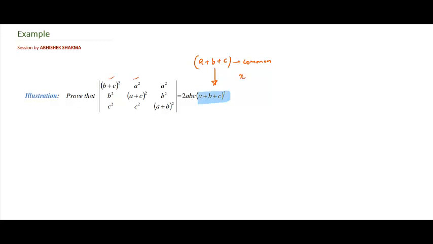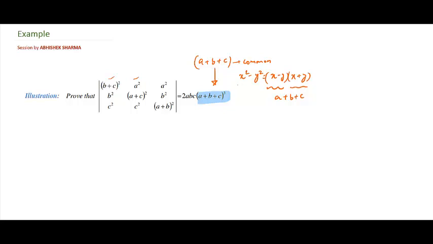Maybe I'll use the identity x square minus y square is equal to (x minus y) times (x plus y), and one of these two factors should give me a+b+c. So then I can take (a+b+c) common. So this gives us the motivation that the difference of squares will give me some factorization, and maybe from there I can take (a+b+c) out. So let's start with the calculation. I'm just writing the transformation steps.